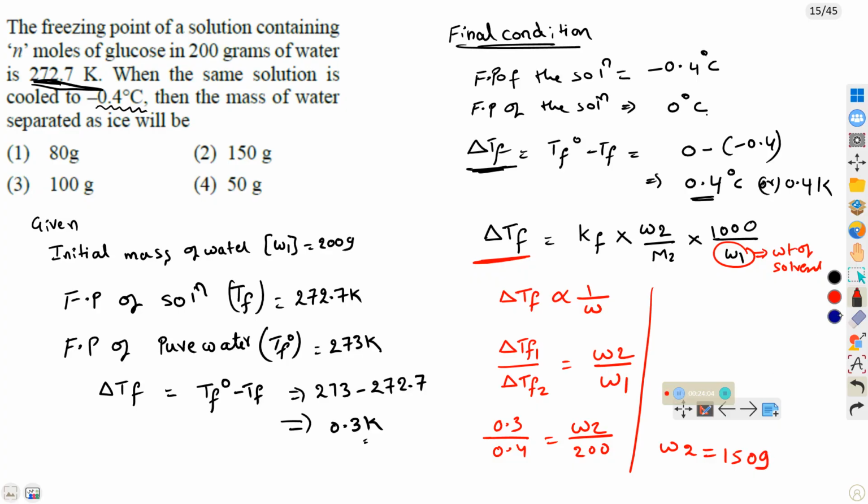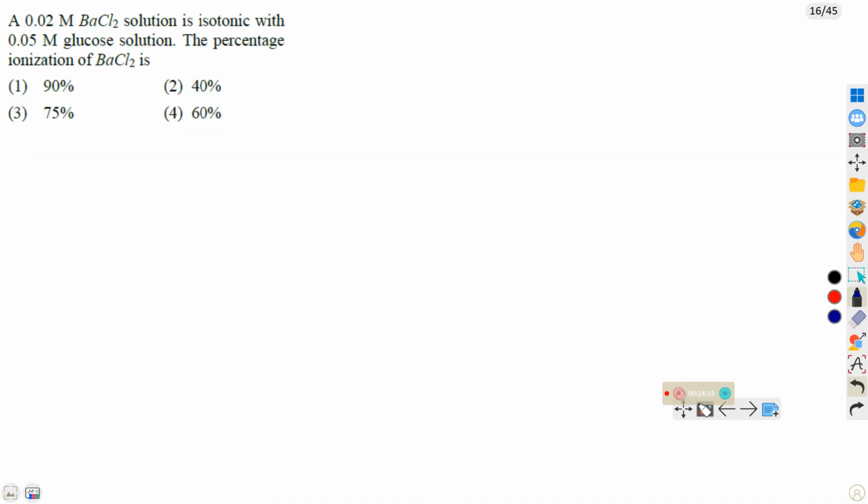Now mass of ice is the question. W1 minus W2. W1 value is given as 200 minus 150, that is equal to 50 grams. Fourth option correct. A 0.02 molar BaCl2 solution is isotonic